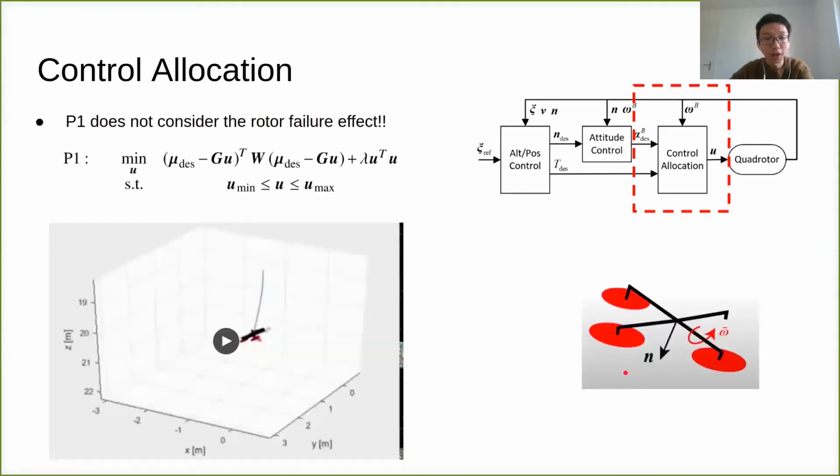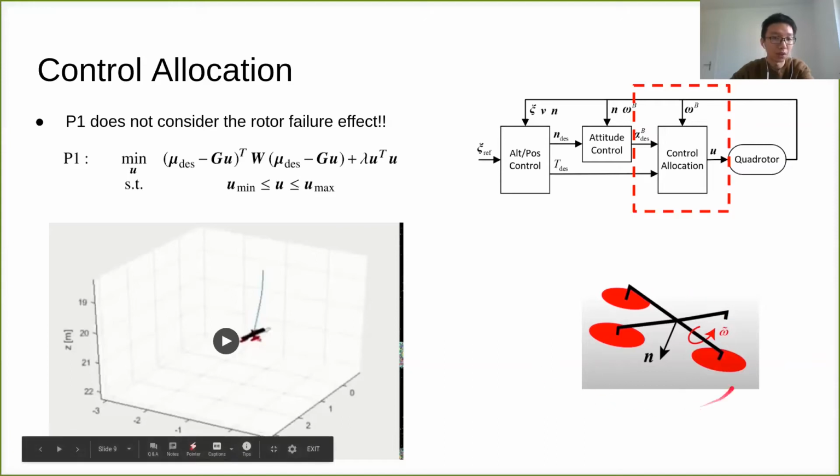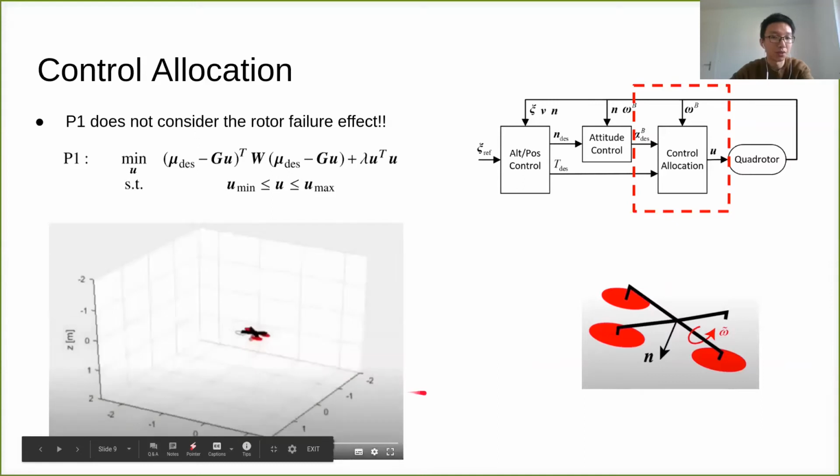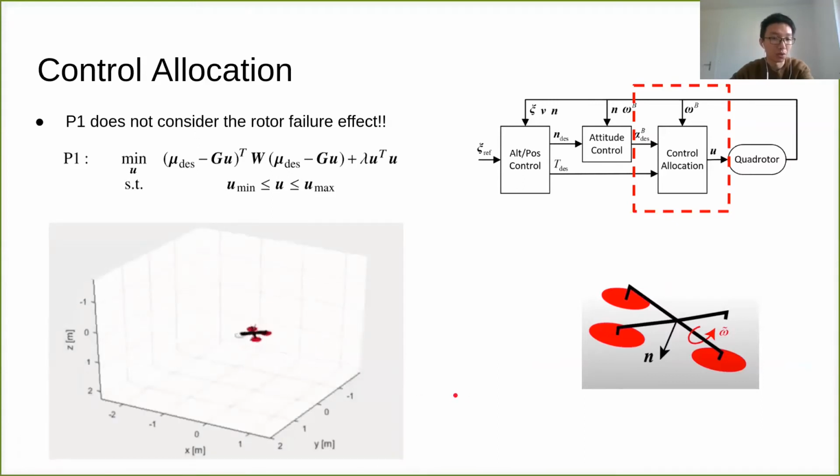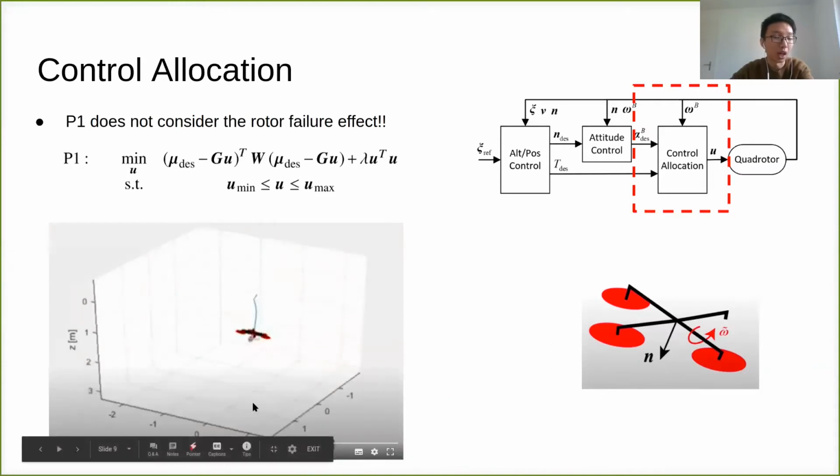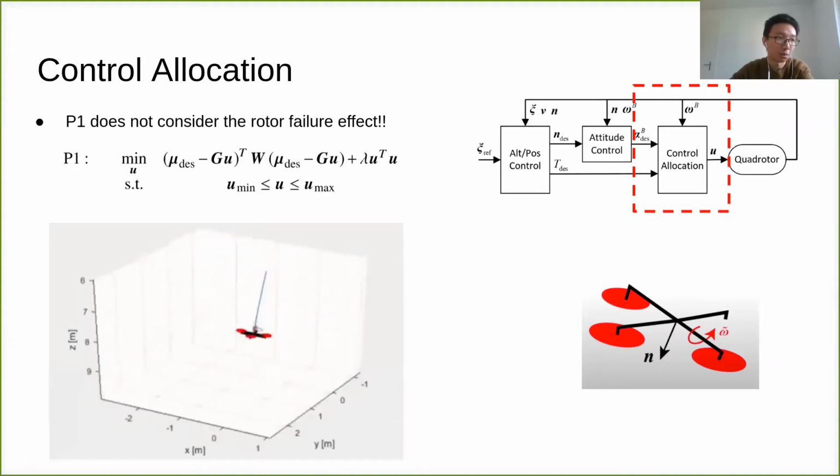Unfortunately, we find that this benchmark approach does not consider the fact that one rotor is missing. The direct consequence is that the damaged drone can rotate in some directions in which it is very hard to decelerate due to the rotor failure. For example, as this video shows, the drone has an initial angular velocity towards the damaged rotor. It will keep rotating and will never recover. Therefore, we need to find a way to solve this problem.